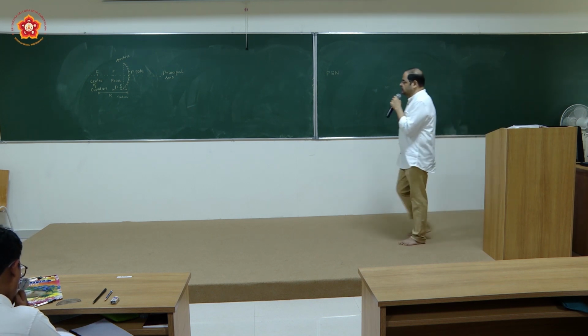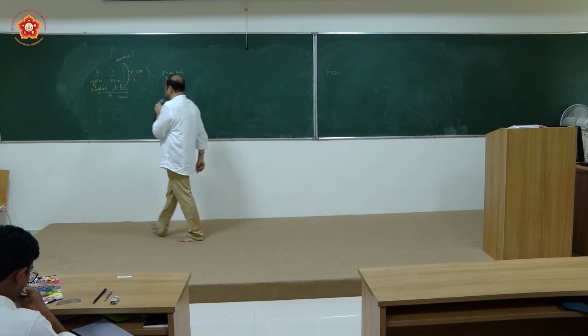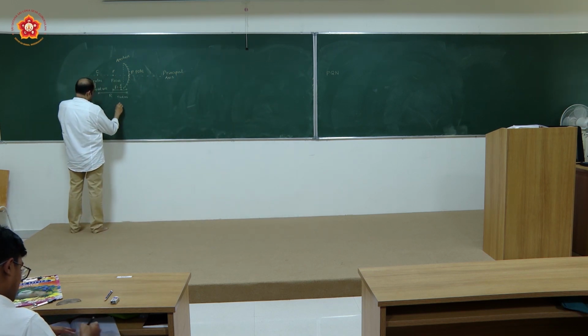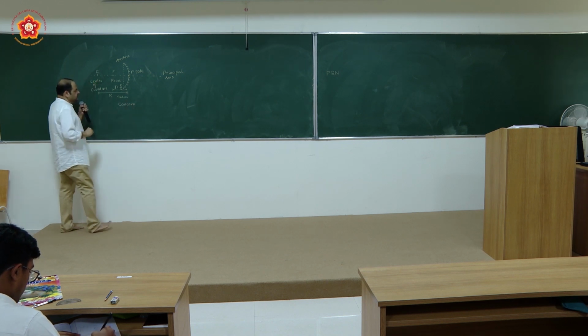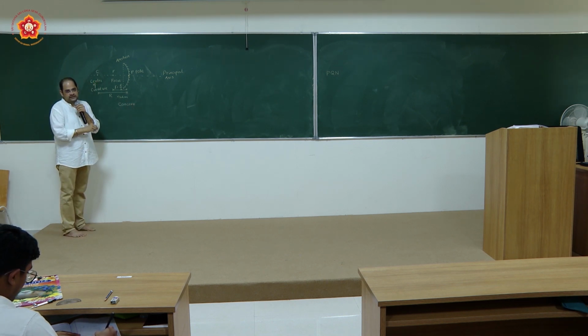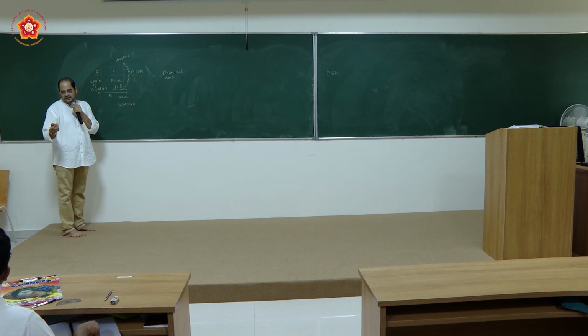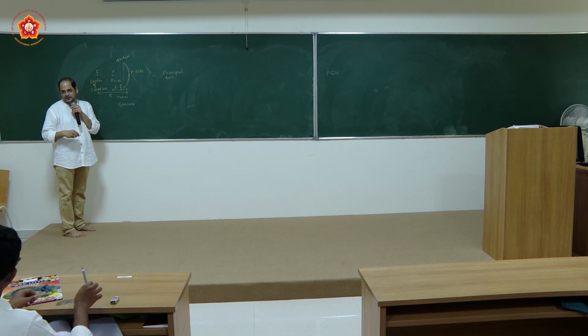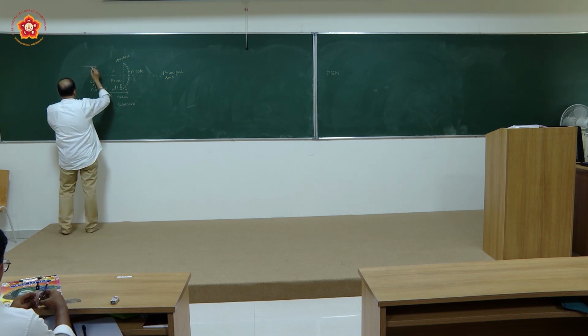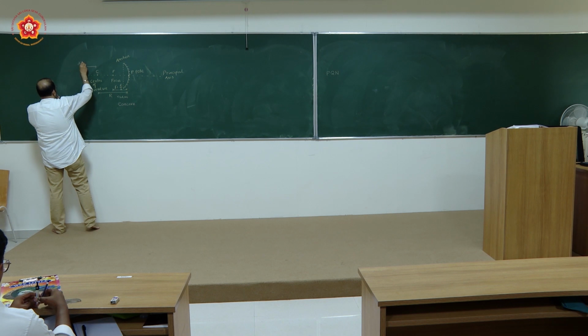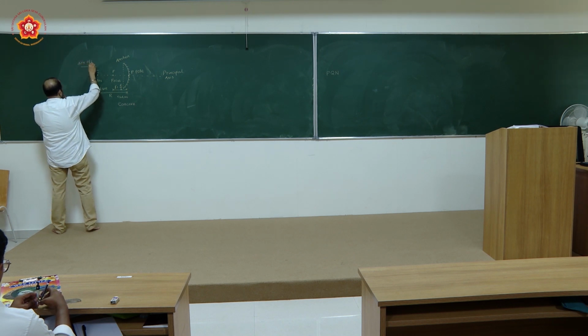Now, suppose I am having here the concave mirror. This is the concave mirror we have shown, right? Now I am doing it on the same figure. You have to do it separately once again, right? Otherwise you will be getting confused later on. Now, suppose the light is traveling from left to right, this is the direction of light.